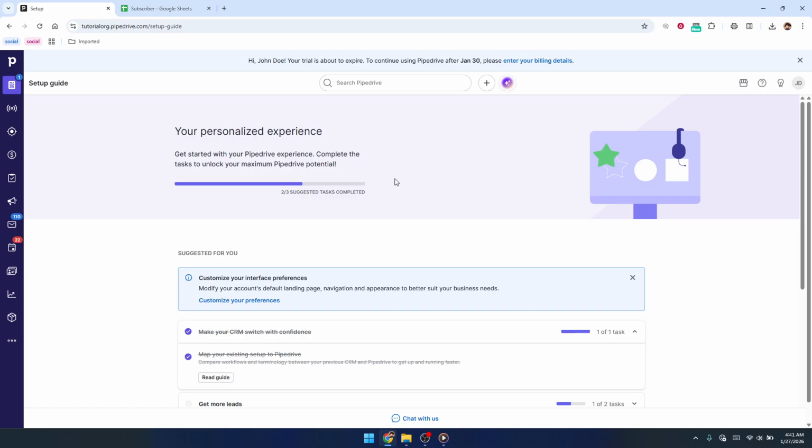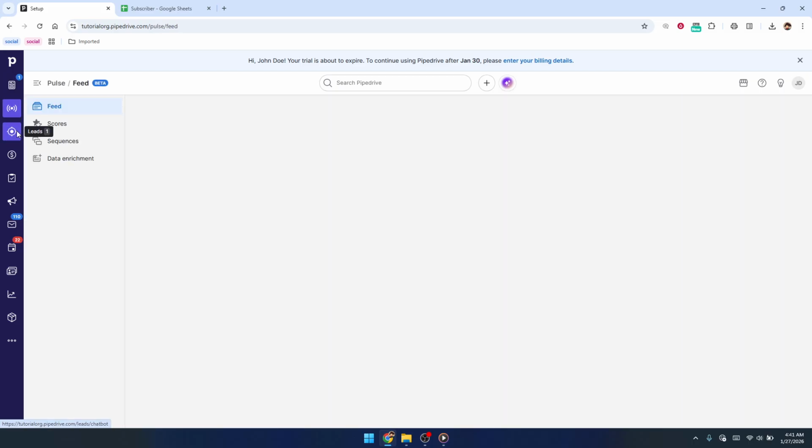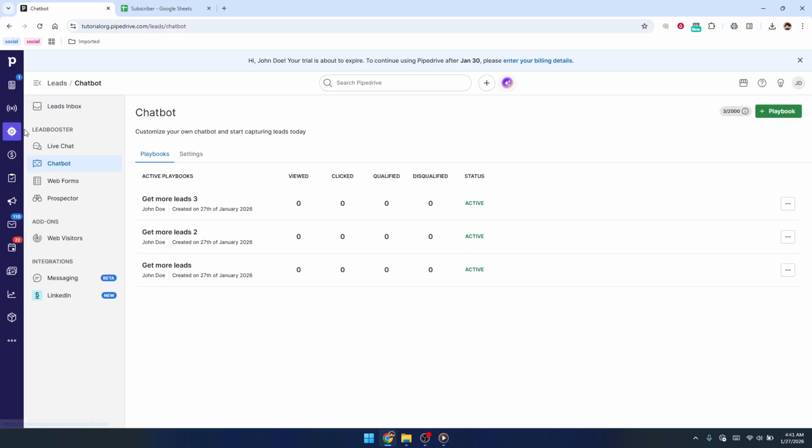First, start in your Pipedrive account dashboard. Look for the leads icon in the main navigation menu. This is usually found along the top or side of your screen, depending on how your layout is configured. Go ahead and click on the leads icon. This area is where Pipedrive helps you capture and organize potential customers, so it's the perfect place to manage your